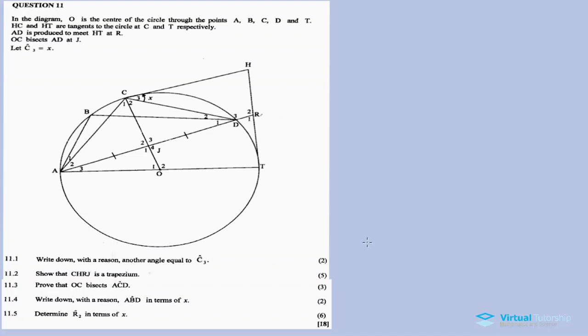So for instance, in 11.1 they say write down with the reason another angle equal to C3. So for instance, CH, they told us that this is a tangent, and C3 sits on the tangent CH. So for this C3 we want another angle which is equal to C3. Since C3 sits on the tangent, you then ask yourself which theorem